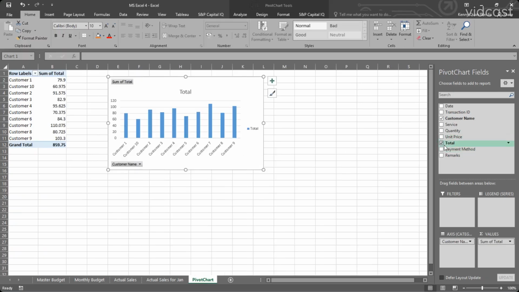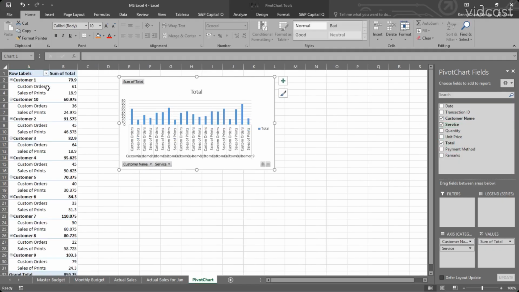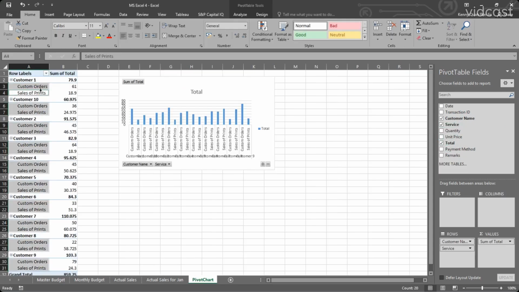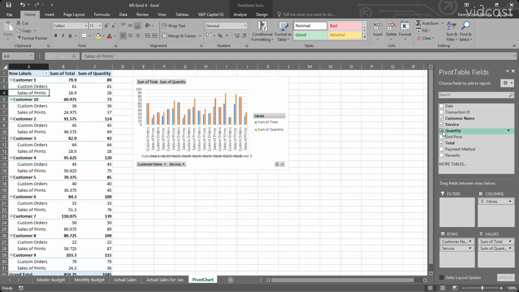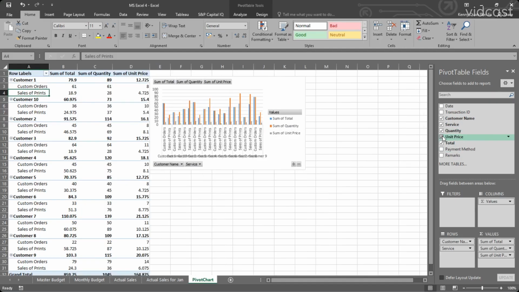Of course, we can slice this more, I would say filter more, so we can add in the services. And you can check how much this customer spent for the custom order and the sales print. All right, you can further break down. Of course, you can create a different analysis over here